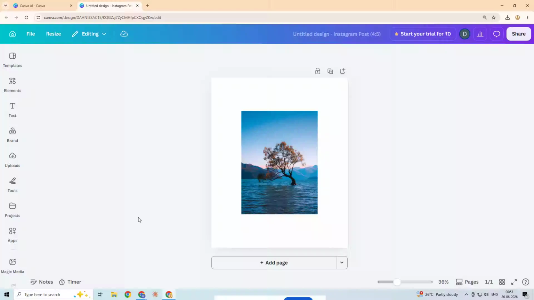In this video, I'm going to show you how to add a new background in Canva quickly and easily. This is a super useful trick, whether you're designing social media graphics, presentations, thumbnails, posters, or any other creative project. Changing the background can completely transform the look of your design, and the best part is that Canva makes it